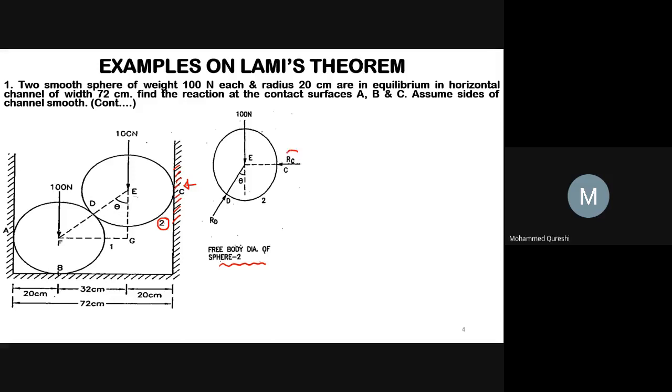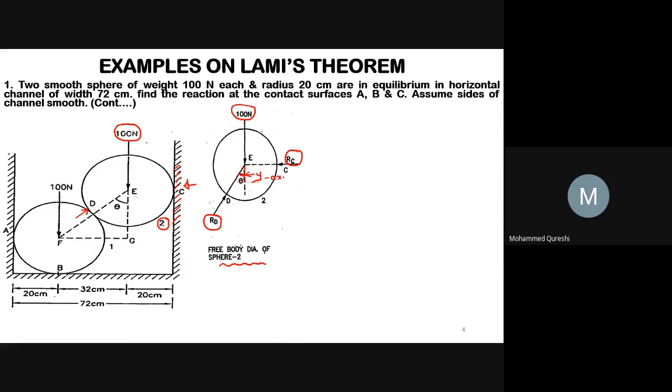I am writing here as RC. The weight 100 Newton is going downward at point E. And as sphere 2 is connected with sphere 1, the reaction force from sphere 1 on sphere 2 will be RD, and RD is our contact surface. So RD will be going in upward direction,